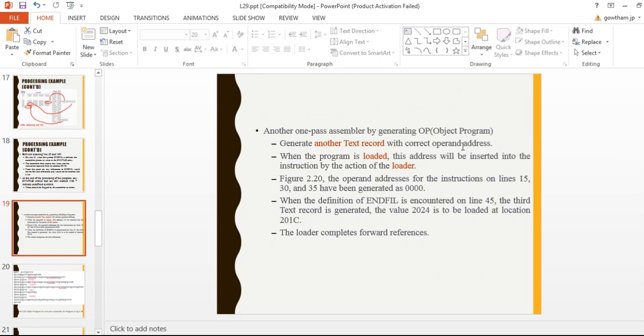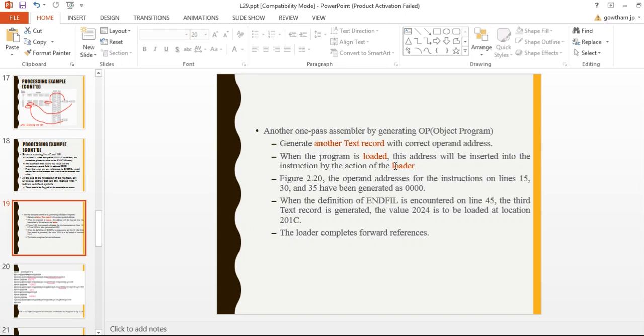Whenever an undefined symbol is defined, a new text record will be written for it. When the program is loaded, this address will be inserted into the instruction by the action of the loader. So during loading, we write a separate text record for the undefined symbol.